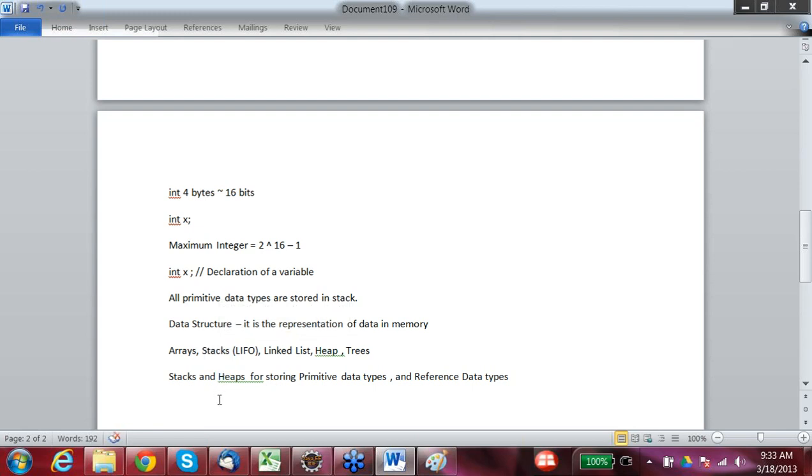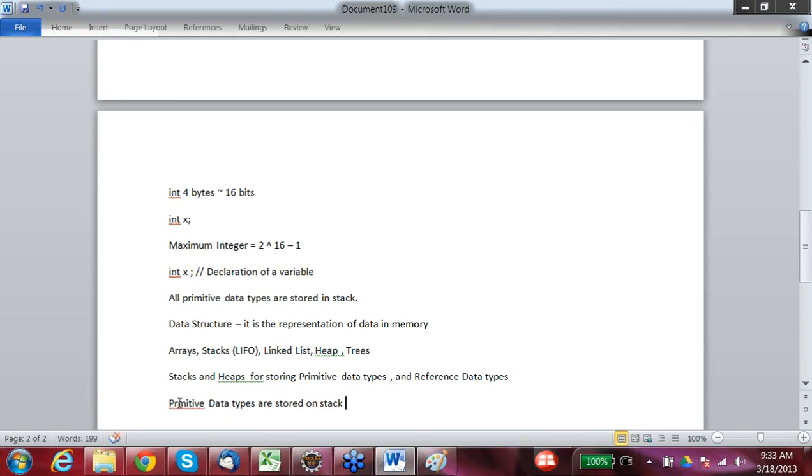It's a kind of memory management, a way of how memory is managed in Java or any other language. So in Java, primitive data types are stored on stack.